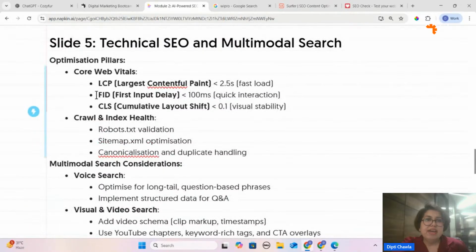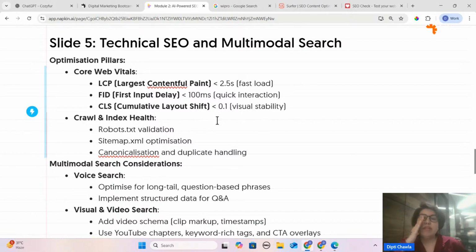Now, FID, first input delay. The fast load should be 2.5 seconds. Then the first input delay should be 100 ms. Quick interaction. Then the CLS, cumulative layout shift, should be this.